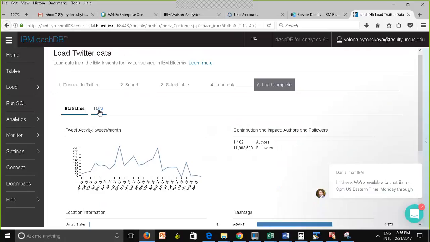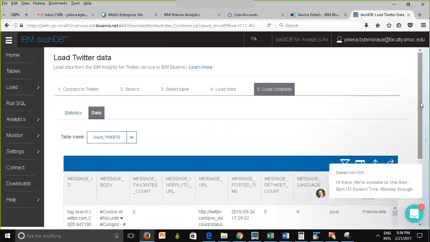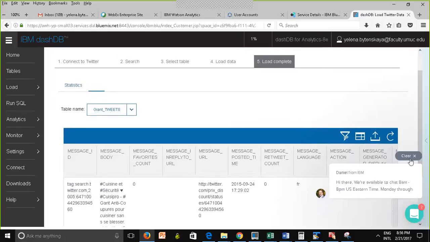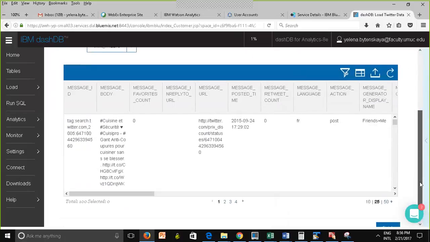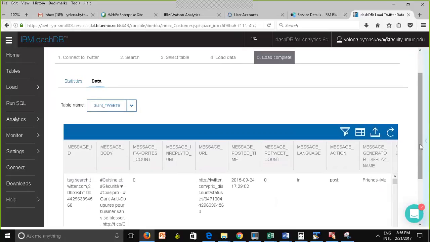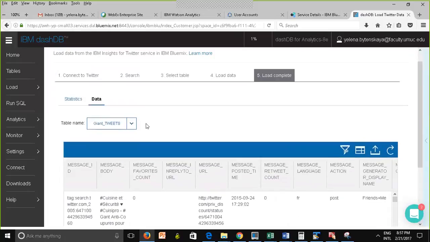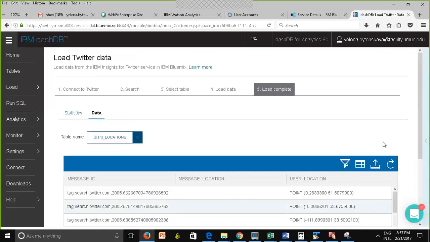Now there is another tab over here, the data tab, and here you can just preview the tables that you have loaded. Oh, and by the way, to close this pop-up, take a look: I hover over it and I click on clear. Here it's giving me an option to check, just to verify that my tables and my data have been loaded. So I can choose a different table and just take a look here. That's one way. So now I'm done. Let's just assume that I saved all the screenshots.